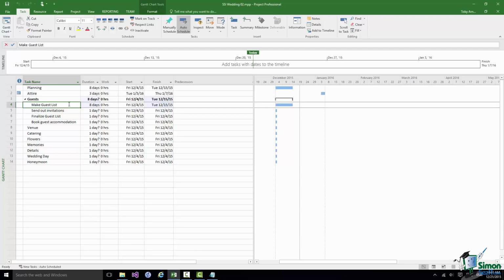The duration of the summary task is actually the duration from when its first subtask starts right through to when its latest subtask ends. So the duration of the summary task is in effect dictated by the scheduling of its subtasks.